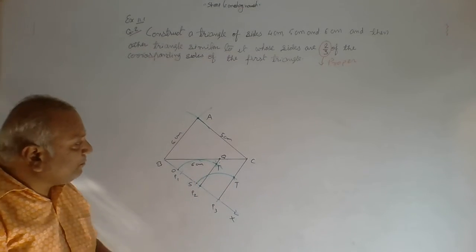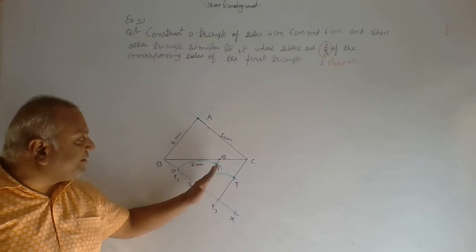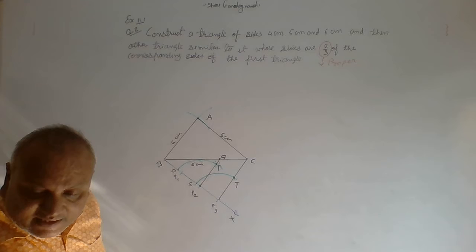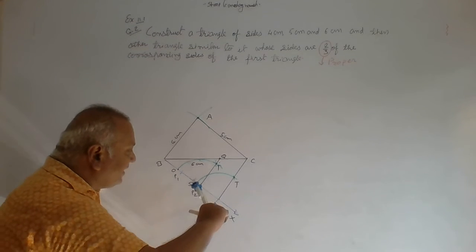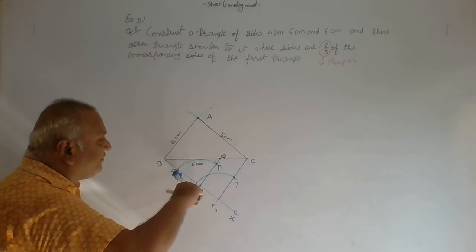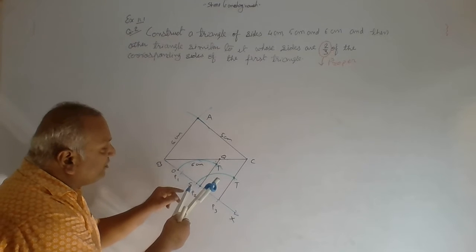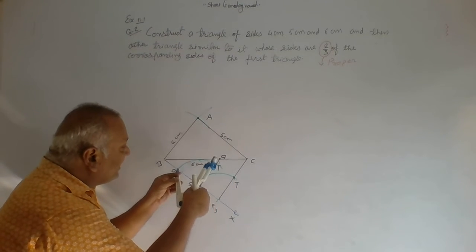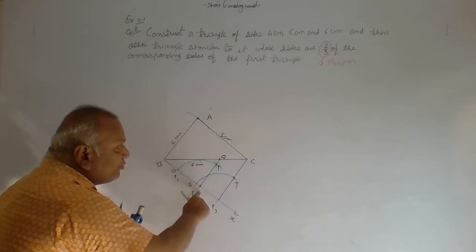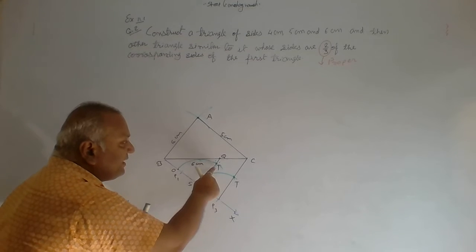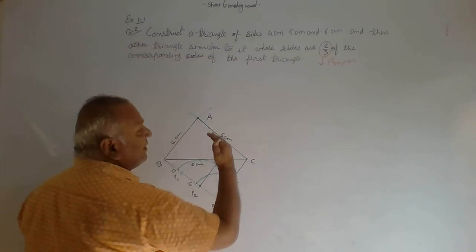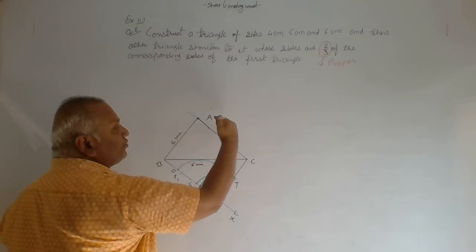Can you see? So parallel to P3C I have drawn P2Q. How have I drawn? Once again, from P3 take a random measurement with the compass and draw an arc. This arc will cut S and T. From P2 the same arc we have to construct, it will cut at O. Now we have to take the measurement of S and T, and from O make an arc. It will intersect at T. Now P2 and T we have to connect, and this P2T will intersect BC at Q. Now friends, again we have to draw the parallel line from Q to AC.